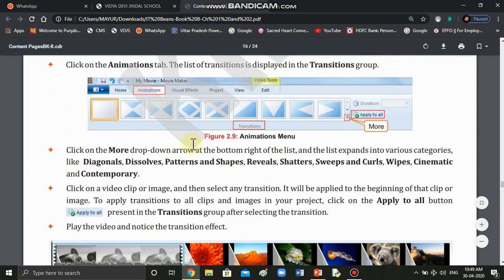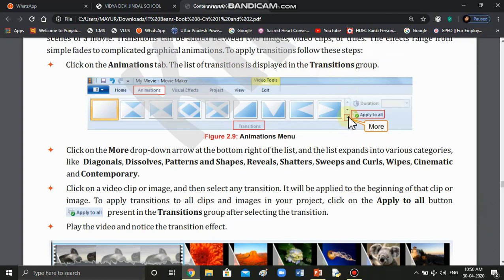The first is click on the animations tab. You will see a transition group. This is your transition group. The list of transitions is displayed in the transitions group. If you want to see more transitions, click here, and this button, apply to all. If you click, for example, if you click here,